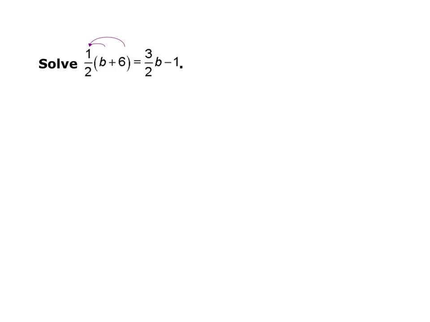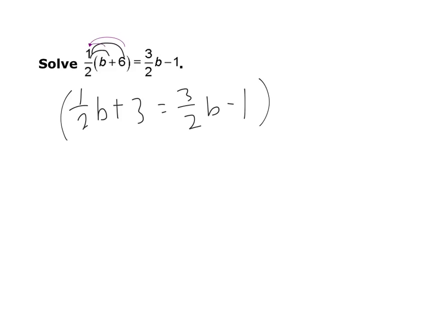Okay, so let's look at another example. If you feel up to it, I would pause the video and see if you can try this one on your own. Okay, first I'm going to distribute 1/2 to both items in my parentheses. So I'm going to have 1/2 b plus 1/2 of 6 is 3 equals 3/2 b minus 1. Now I can either keep my fractions, or to eliminate them, I'm going to multiply by my common denominator, which is 2. So 1/2 of 2 is 1, so this becomes b, plus 2 times 3 is 6, because I'm going to distribute to everything,